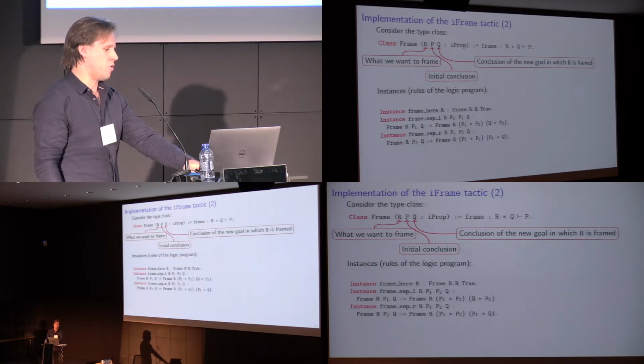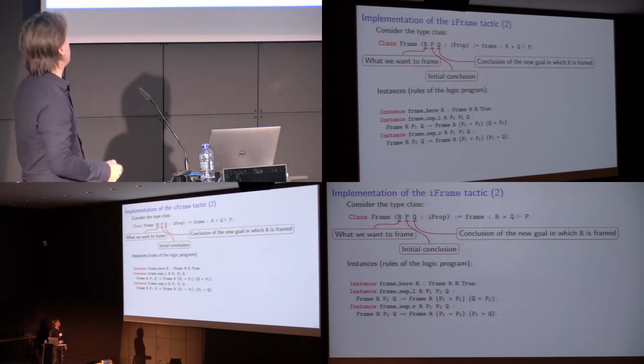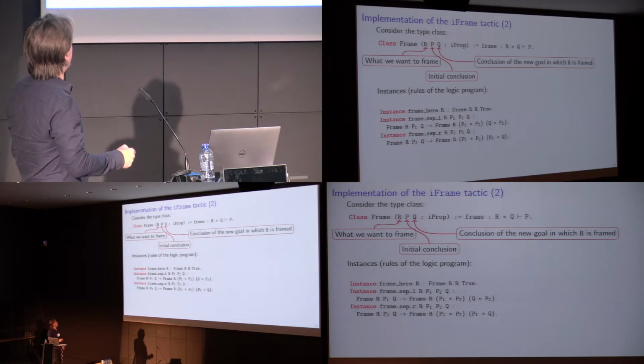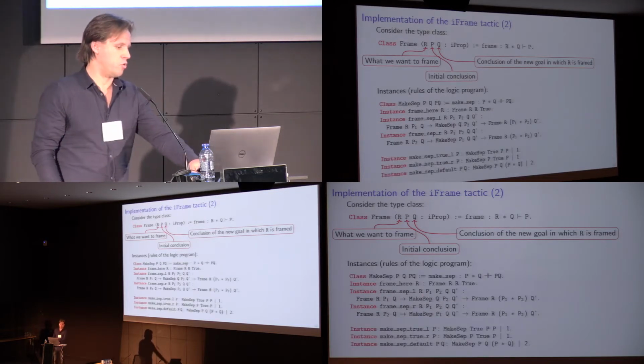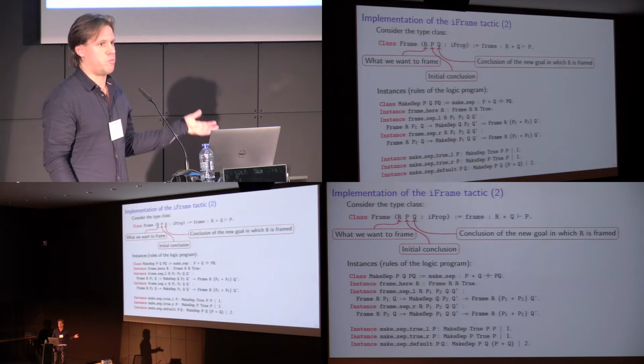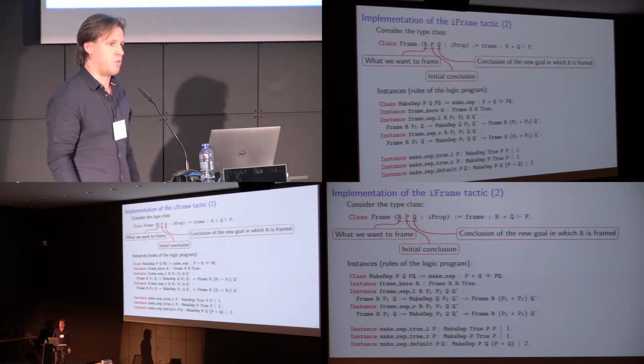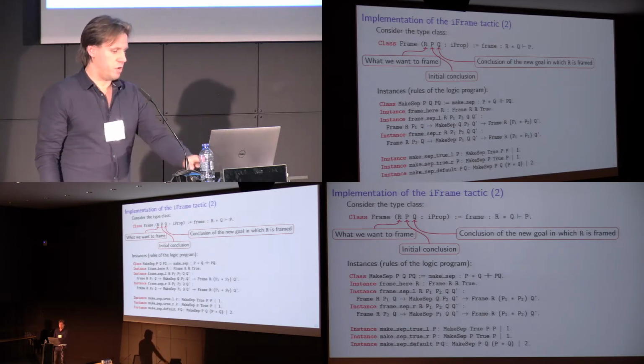So this was a type class, and if you look at the rules for it, it's just a logic program. Whenever we have found the R, then we frame it and it turns into true. Whenever we have a separating conjunction, we first try framing on the left, and then we replace the result. Or we try framing on the right whenever that failed. Of course, we need to clean up too, so we need some smart constructors and all that, but that is pretty boring and straightforward type class programming, which looks a bit scary,